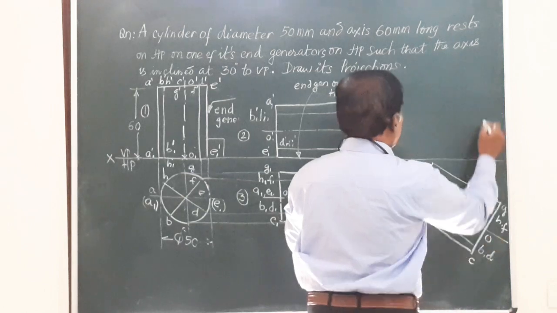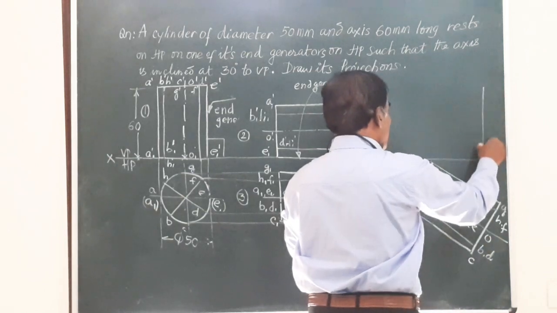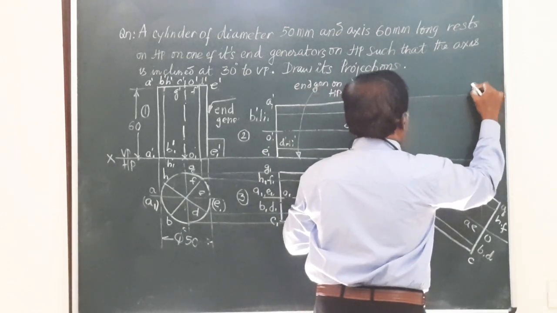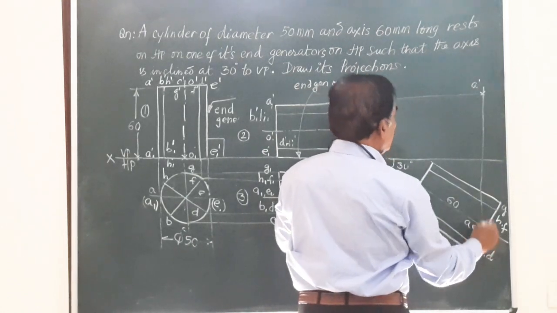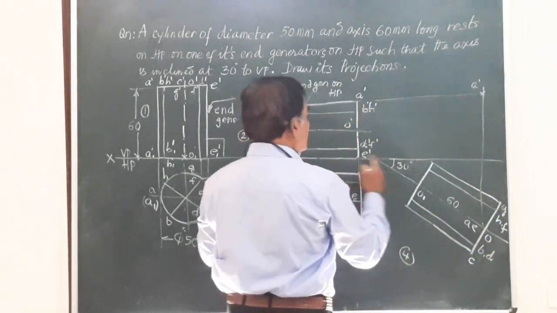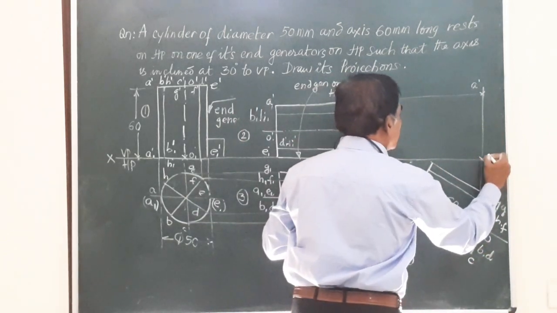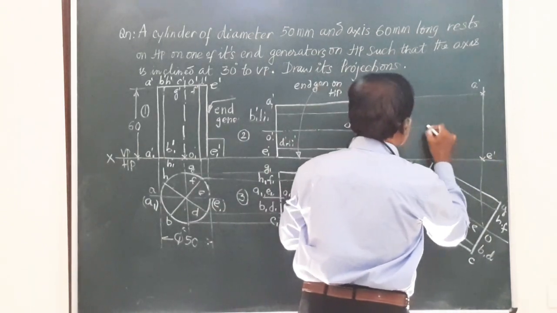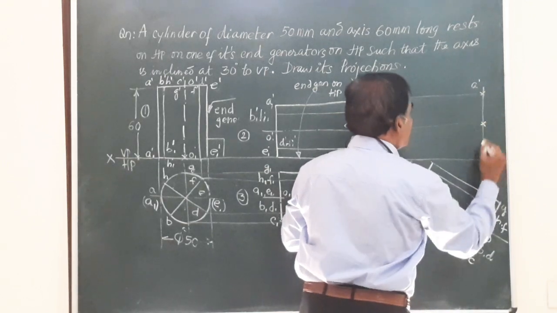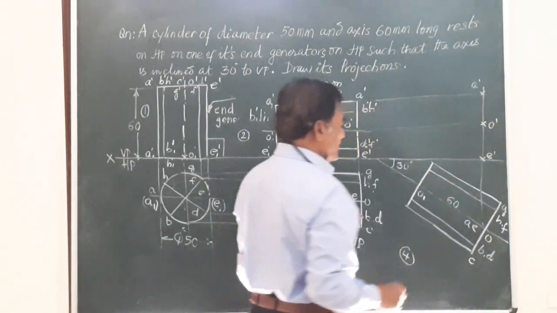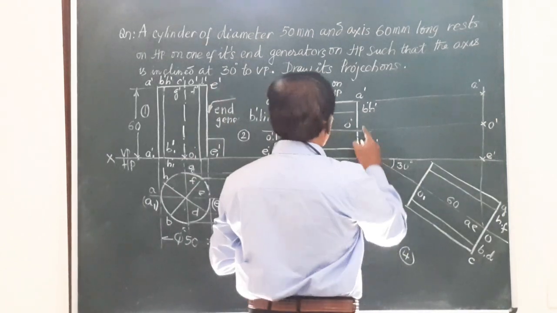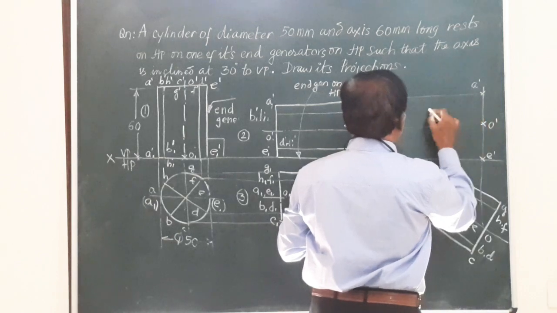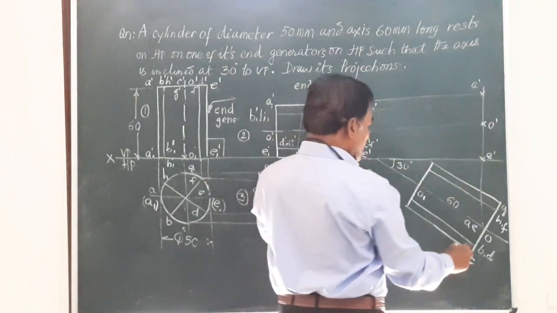So point from A, vertical from A, horizontal from A, this is the extreme end, I will call it as A dash. Likewise E, vertical from E, horizontal line from E, the point of intersection is E dash. Now exactly in the center, you have the axis, it will come exactly here, in the center of this AE, I will call it as O dash. Likewise, I will be able to get B and H on this, B is here,